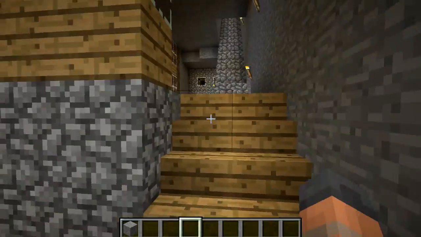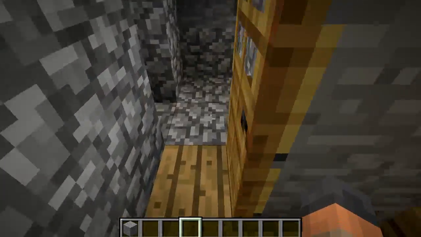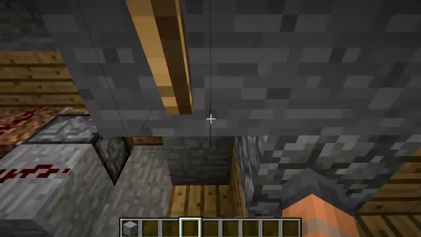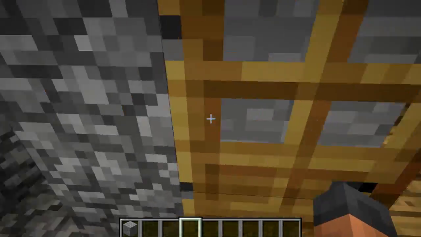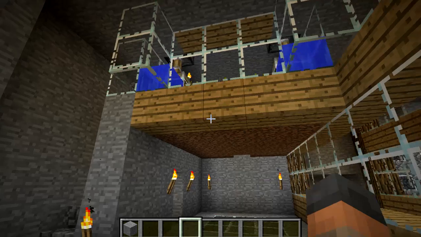Yep, that doesn't go anywhere. Let's go to this side first of all. There might be an interesting walkway around here. Yes, there is, but where does it go? It just goes back there. I thought it went somewhere a little more interesting. Never mind. So if we go up here, this is...